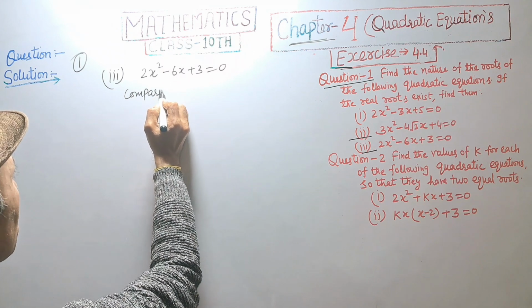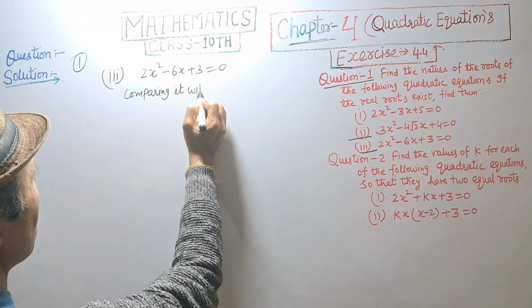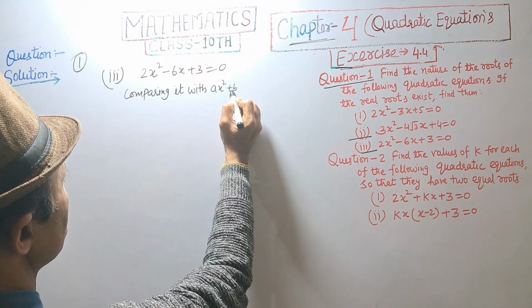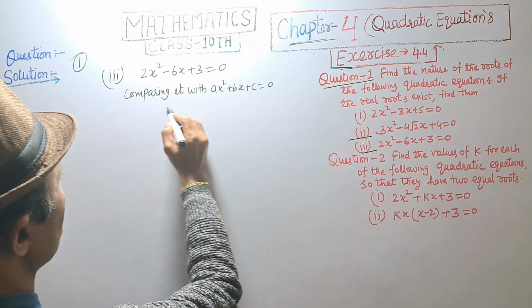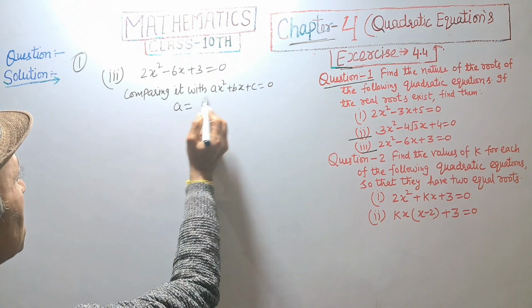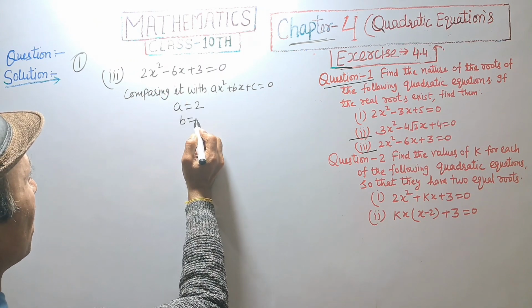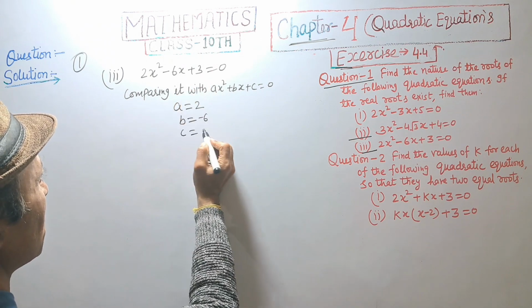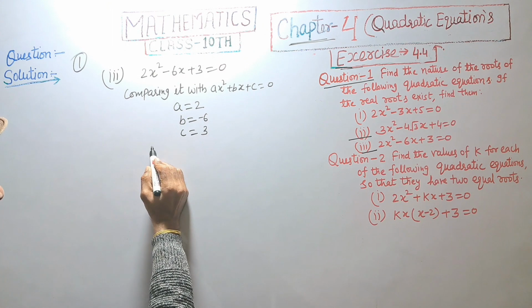Comparing it with ax square plus bx plus c equal to 0, a is equal to 2, b is equal to minus 6, c is equal to positive 3, and discriminant D